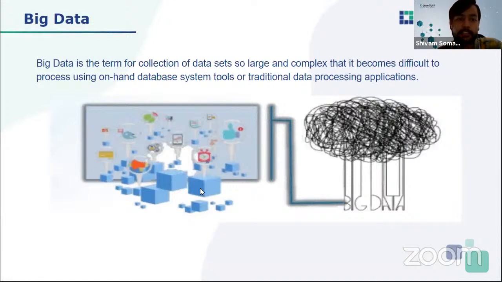Social media, mobile, IoT, GPS systems, everything is generating data, like a mesh. It becomes difficult to analyze this complex and huge amount of data. That's why the new term big data came in.